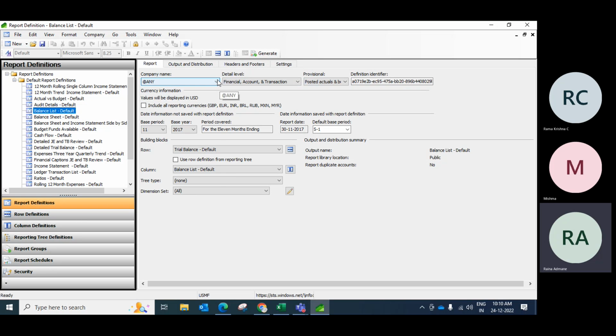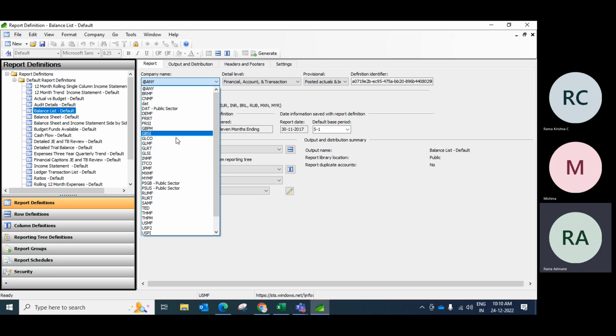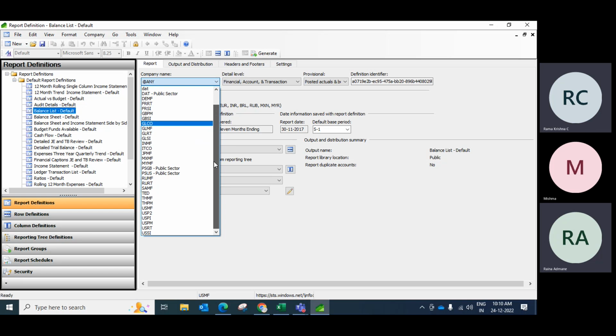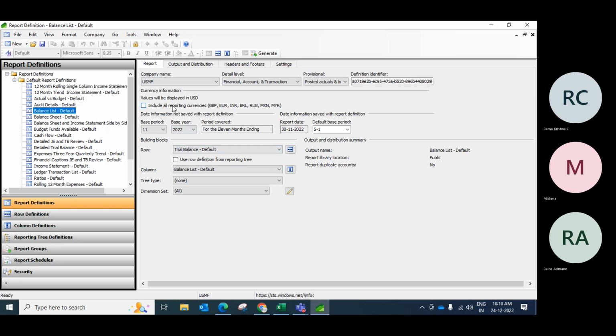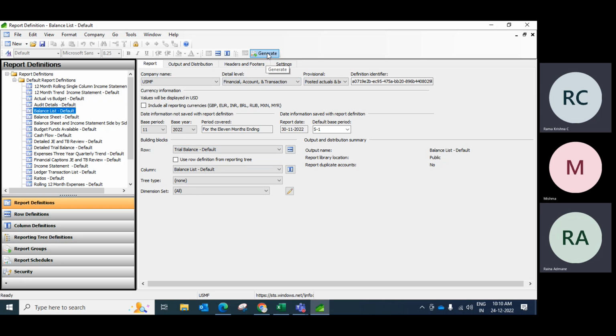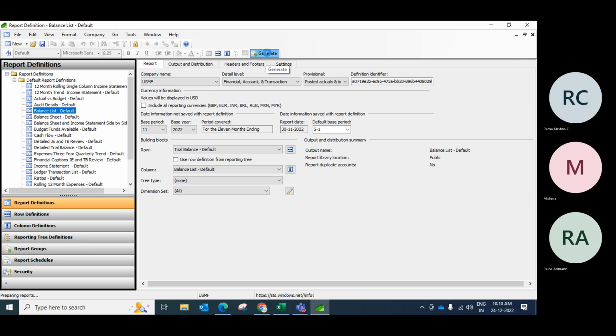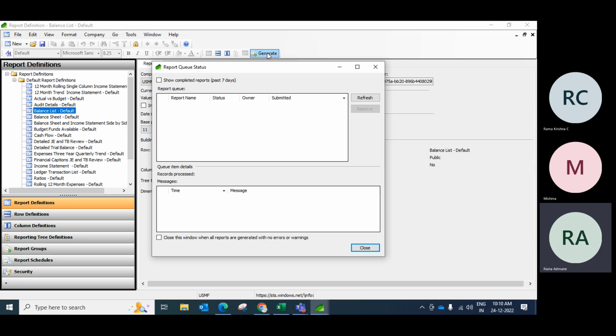So we are not giving any company. You can also change the company. For example, I want to just give for USMF. So let's select the USMF and then generate. Okay. System will now try to fetch the data and put it into the queue. And once the queue is ready, it will show some data here,